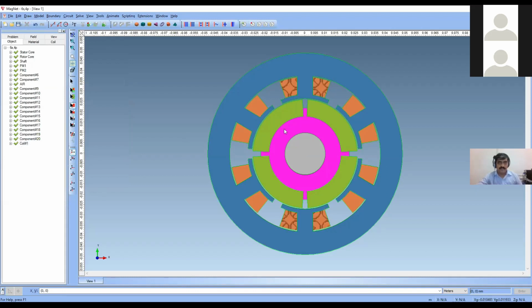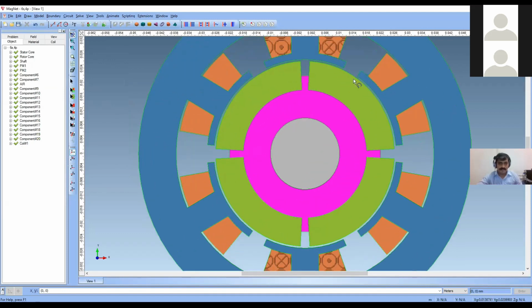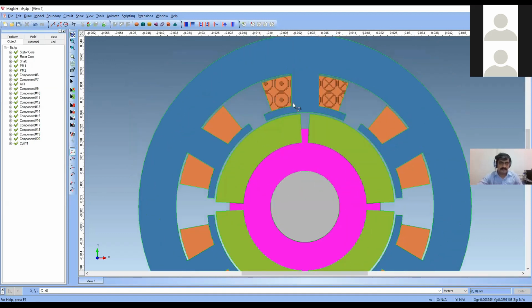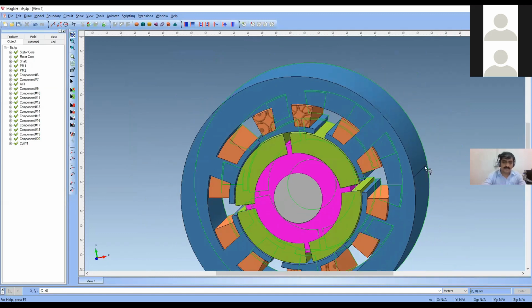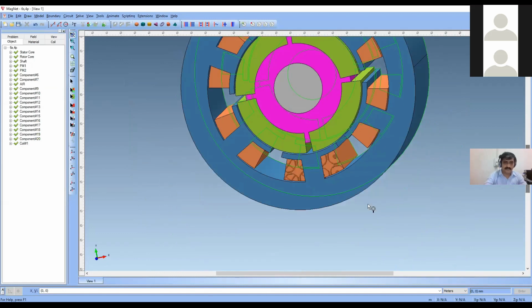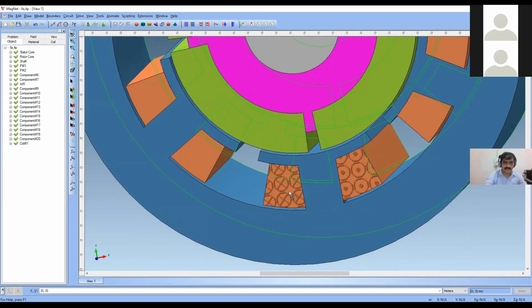Now if you zoom here, you can see outward, inward. Okay, this symbol you can see, opposite poles, the winding is concentrated.